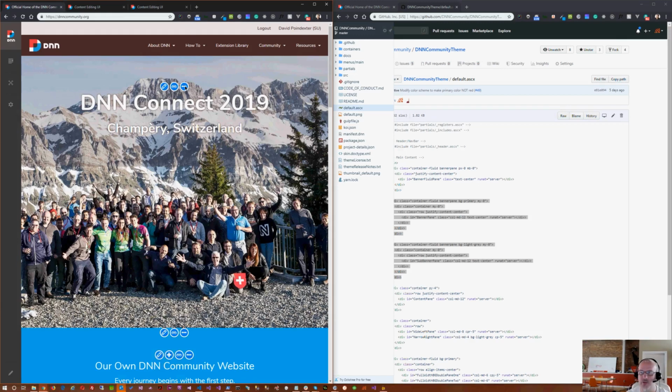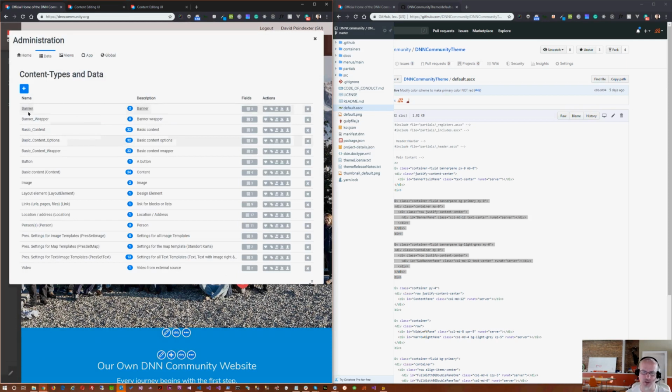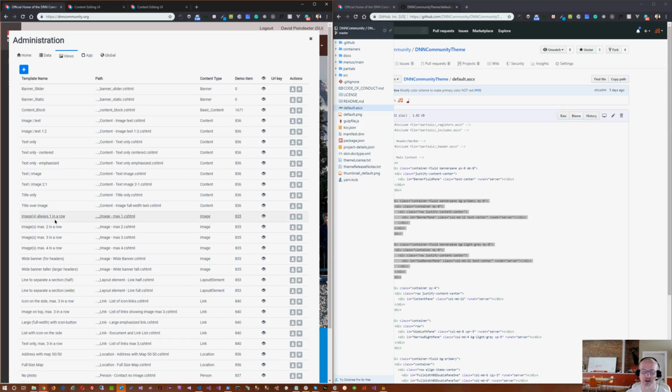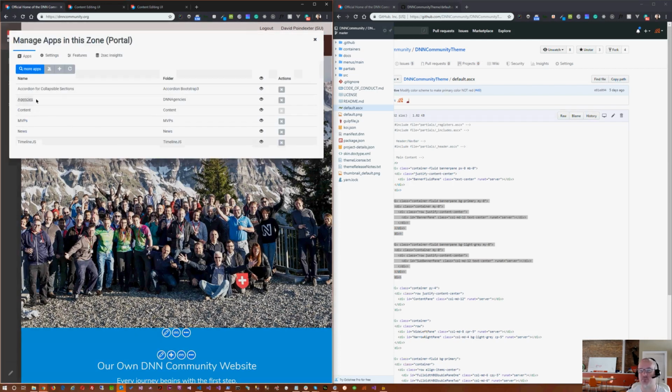So for those that are not familiar with what Ticho is presenting here, there's two basic modules with 2Sexy. There's a content module and there's an app module. Their content is in and of itself really kind of an app, but all of these content types and data and views are all within the context of the content app, if you will. But what we can do is go into the Manage Apps area,